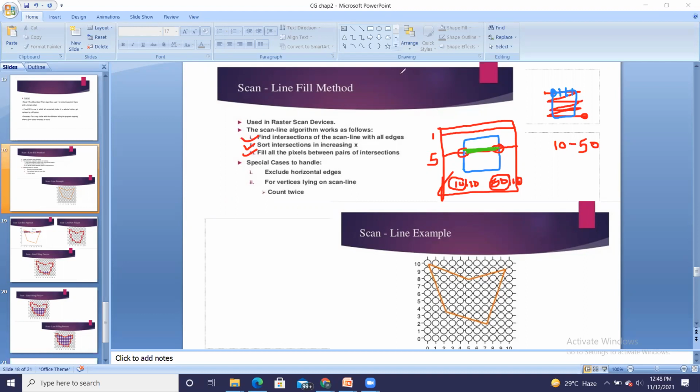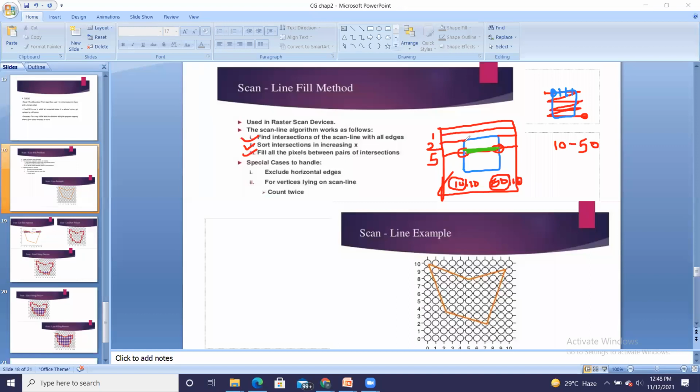Now tell me, if I am having this scan line which is passing through this horizontal edge, then what will happen? This is my second number scan line. Till this particular point, there is no intersection.